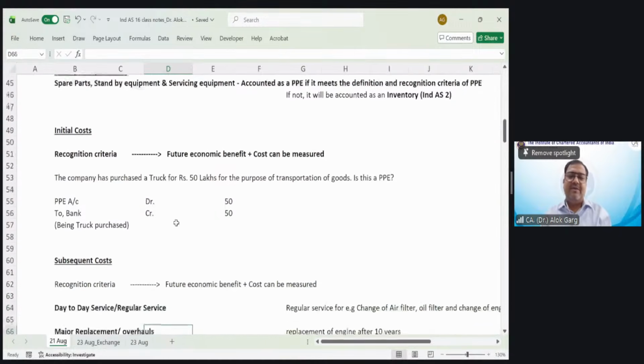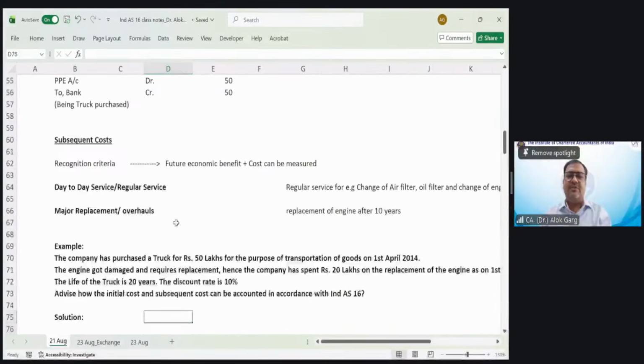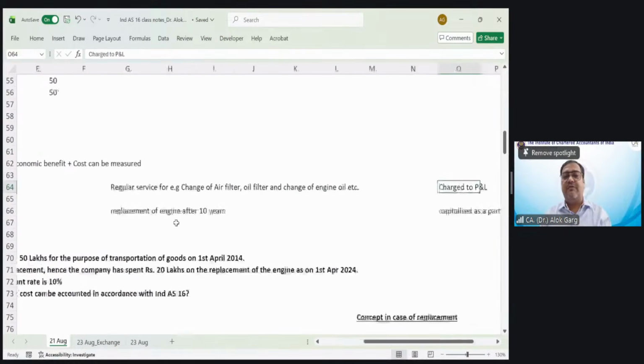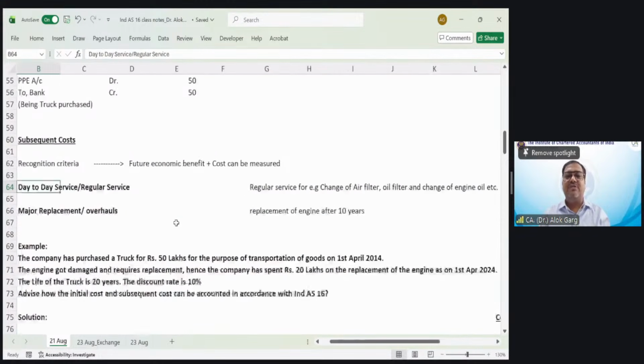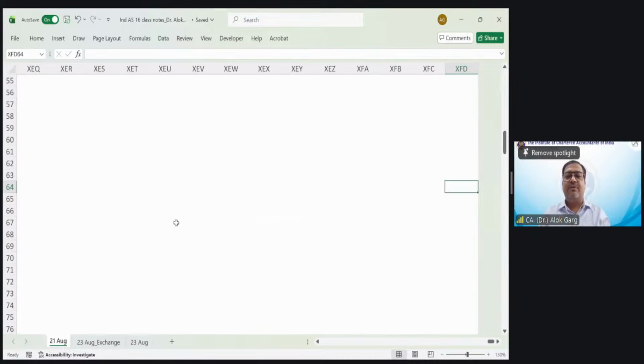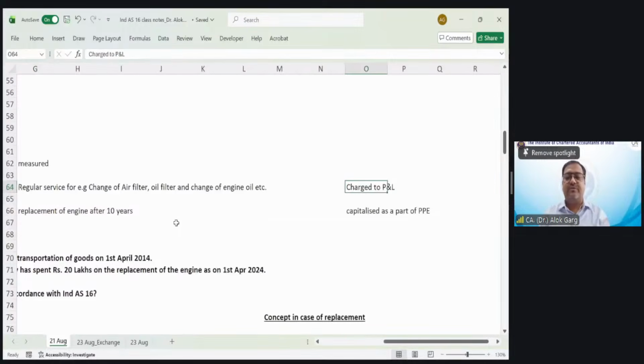Yes. Subsequent cost. तो देखिए आपके लिए मैंने नोट्स बना दिए. डे टू डे सर्विस और रेगुलर सर्विस फॉर एग्जांपल चेंज ऑफ एयर फिल्टर, ऑयल फिल्टर, change of engine oil, washing, right? So this will be charged to P&L. Okay, charged to P&L. ठीक है ना? P&L में चार्ज करेंगे ना या नहीं करेंगे? करेंगे।